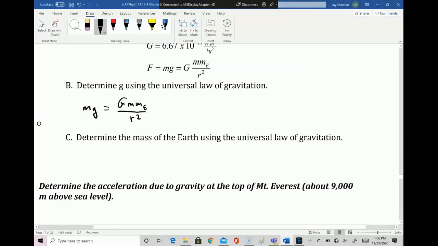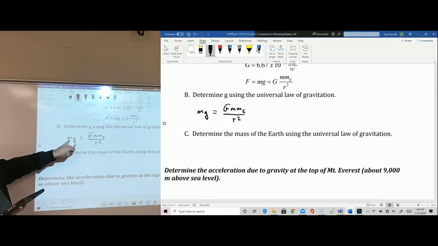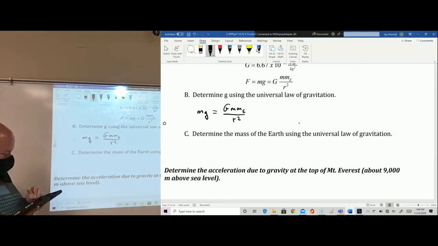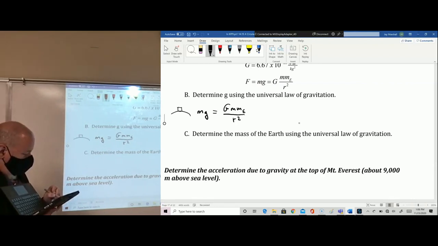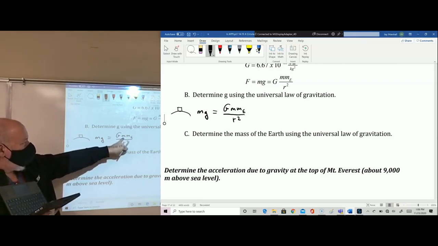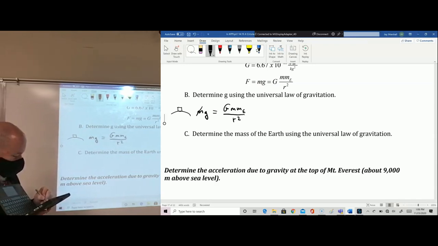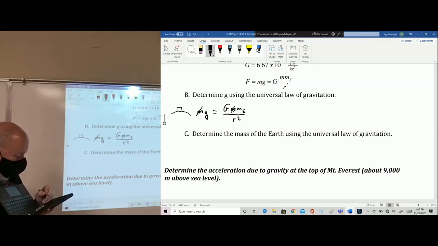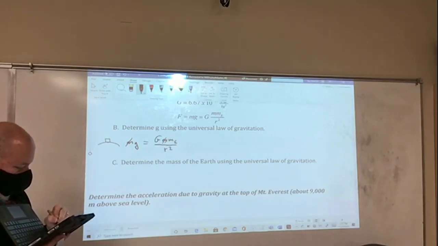Okay, so is this the mass that's being pulled on, or is this the mass that's doing the pulling? If I'm talking about something at the surface of the Earth, that's the mass of the object being pulled on. So this is also that mass, right? So both of those masses are going to cancel out, okay? And so the acceleration due to gravity is going to equal